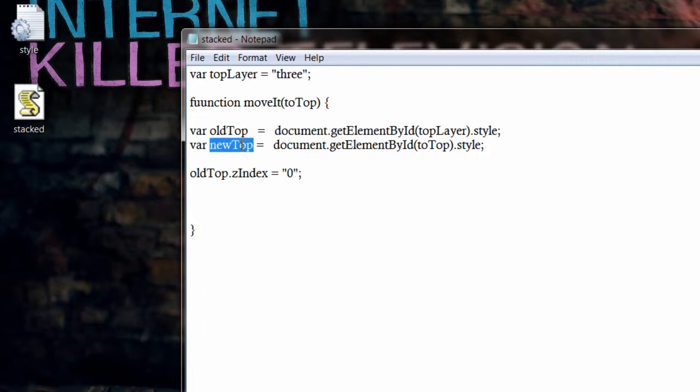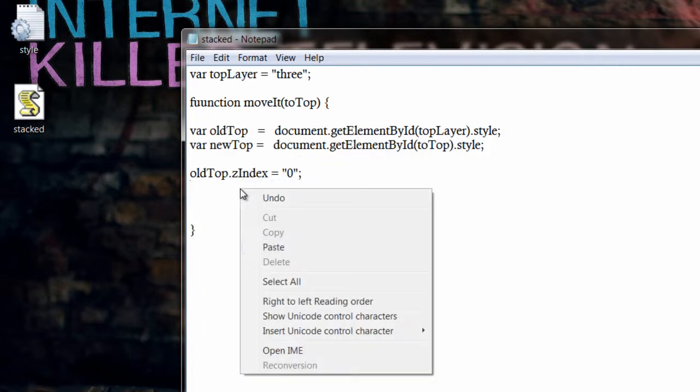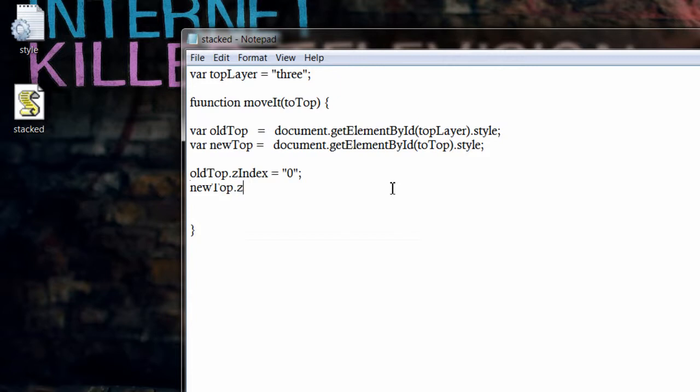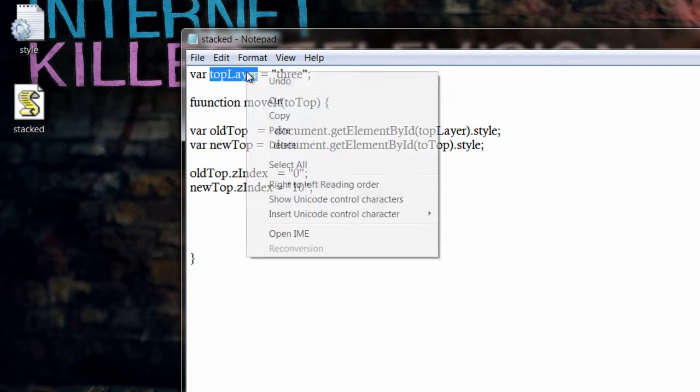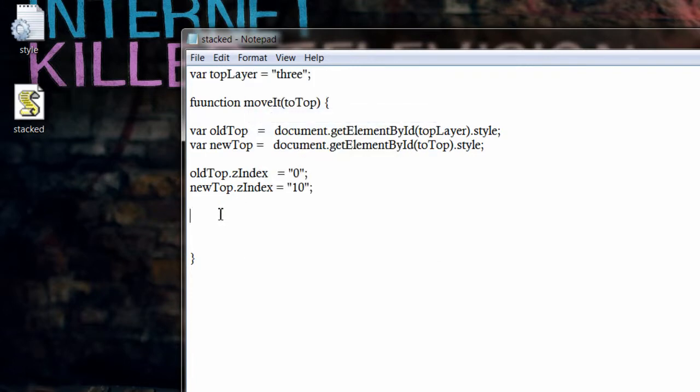You will understand it once you execute the program. So newTop dot zIndex is equal to, let's give it some higher value. Let's give it a value of 10. And now let's reset the value of the variable topLayer. Okay, that's it with our JavaScript file.